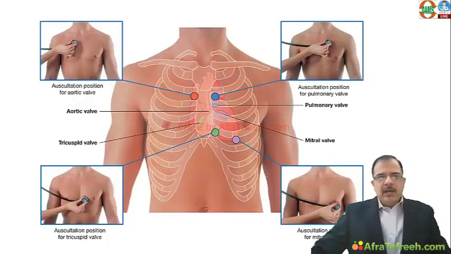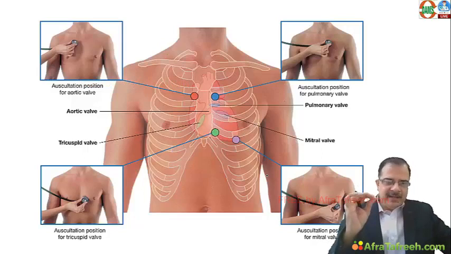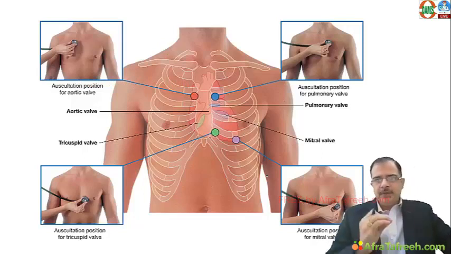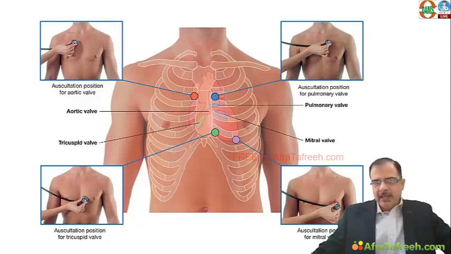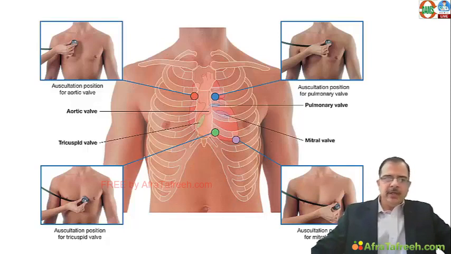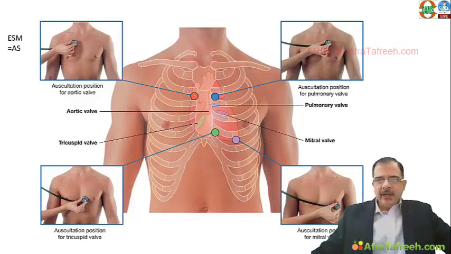Now come to valvular heart diseases. Valvular heart disease questions have also come recently. The most important thing is the type of murmur and where that murmur is auscultable. In this diagram, this is the aortic area. In the aortic area, the examiner has put the stethoscope here, and you are able to hear an ejection systolic murmur. That ejection systolic murmur will be a case of aortic stenosis. This is the aortic area, the second intercostal space.